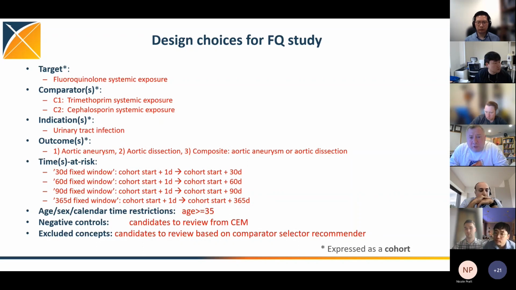In the case of the fluoroquinolone study, what I did was I used all antibiotics as the set of drugs to bounce off against the common evidence model, and it returned, I think, 148 candidate negative control conditions. I rank ordered them by prevalence across the community, and I just started marching through the list, throwing out things that were actually related to something on the label, even though it wasn't exactly the exact term, and then leaving myself with basically the top 50 most prevalent things that I couldn't make an argument for how it could